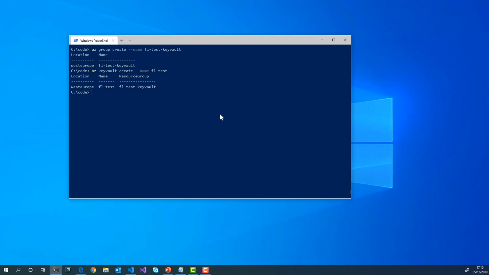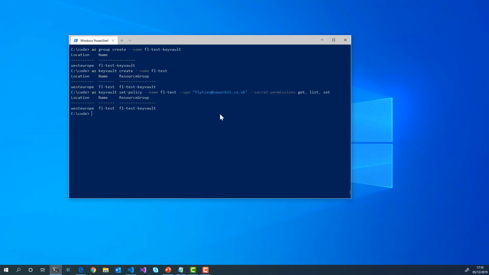The way I'm going to do that is I'm going to do az keyvault set-policy, and I'm going to say it's for the FL test key vault. I'm going to do it for a UPN, which is me, and that's what you do for real world users. When you do it for a service principal, you use a different syntax, which I will show you later. And I'm going to give myself some secret permissions, and there's other kinds of permissions like keys and other things. I'm going to give myself get, which means I can read a key. I'm going to give myself the ability to list keys, and I'm going to give myself the permission to set keys, which means create or write keys. I'm going to run that,